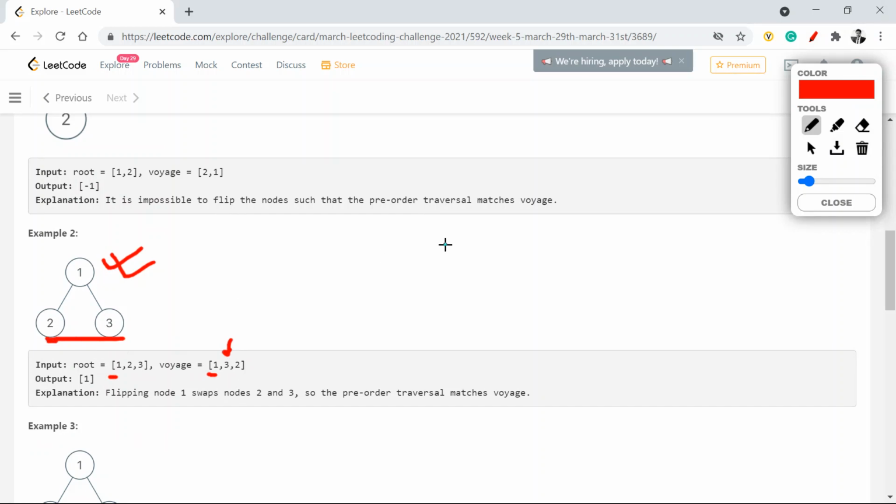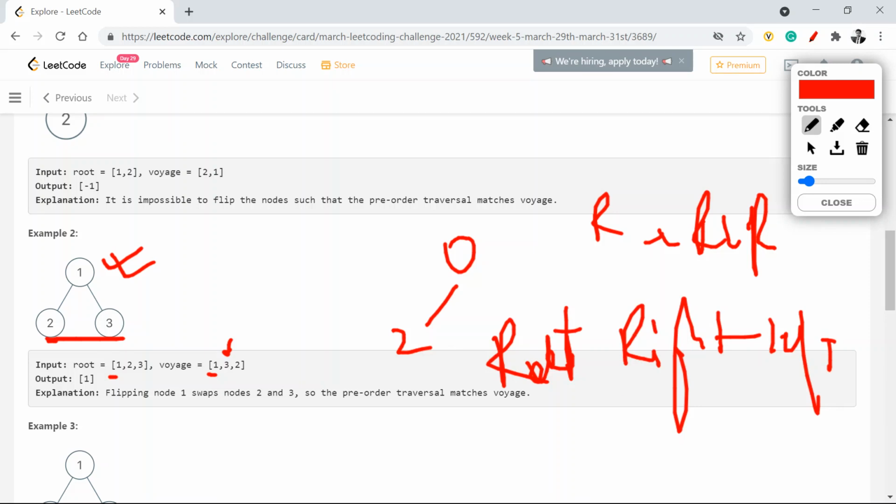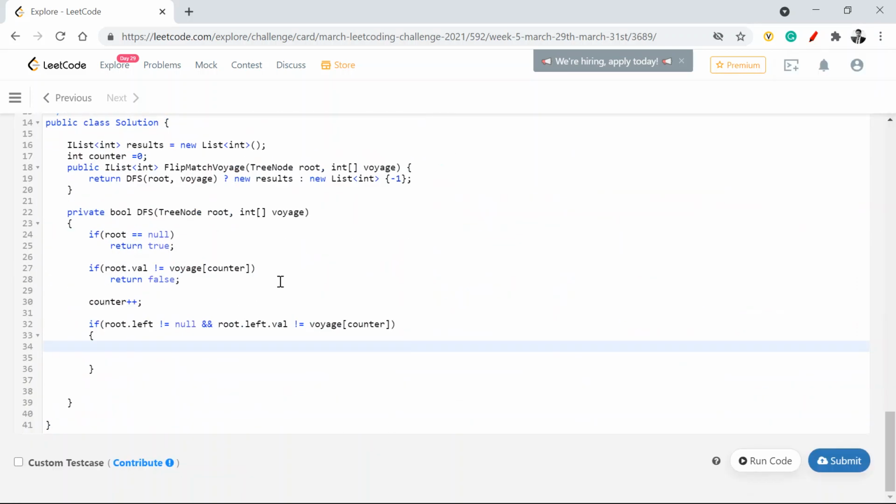So now, instead of calling the left child, because pre-order is root, left and then right, I'll call the right first and then the left. Because I need to flip it. That means I need to call 3 first and then 2. So instead of a normal pre-order where I call the left child and then the right child, I'll call the right child first and then the left child.